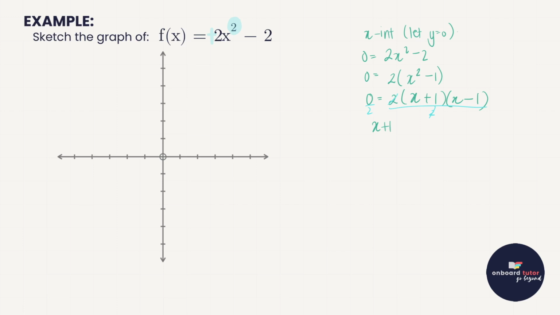So either x plus 1 equals 0, or x minus 1 equals 0, and then we solve. So x equals minus 1, x equals 1. So I can then plot those 2 points, and I think what I'm going to do is plot them a little bit wider. So I'm going to make this one